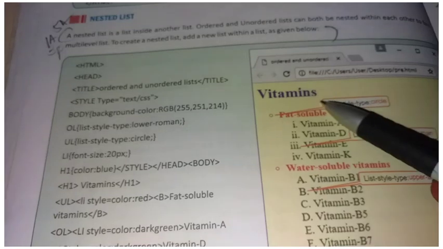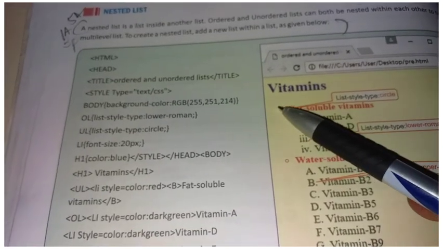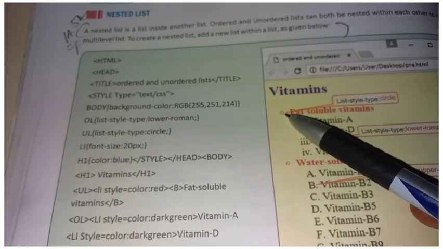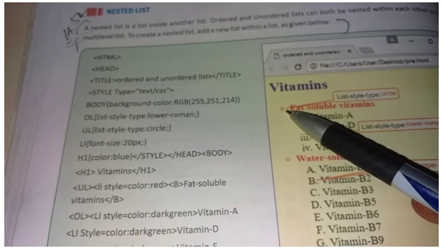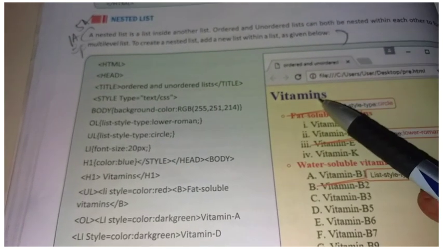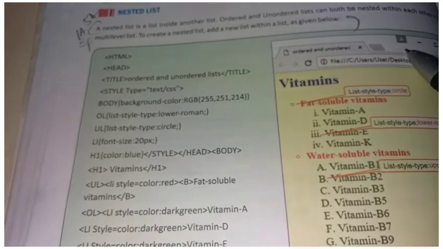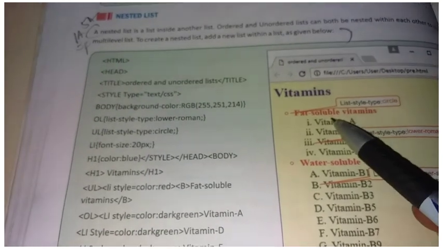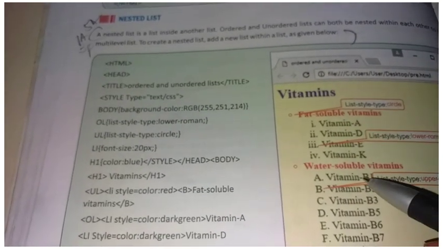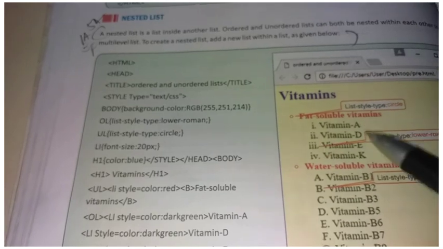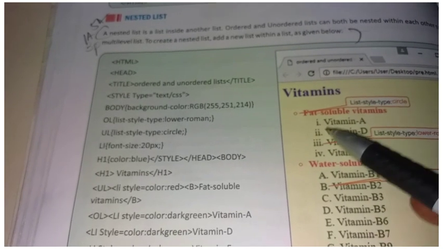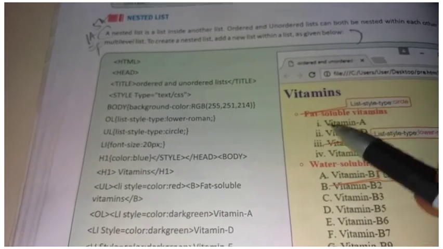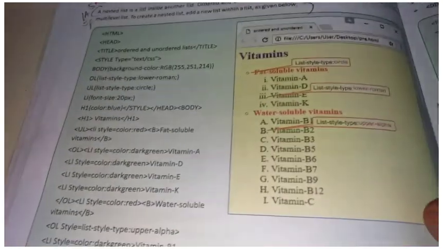You can also observe that they have used an unordered list here. So as I said, a list within a list is called a nested list. We can group ordered and unordered lists together to form a nested list.